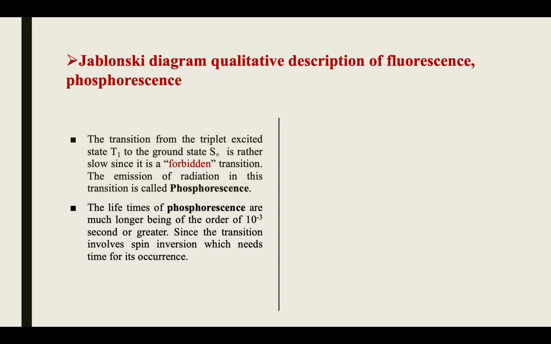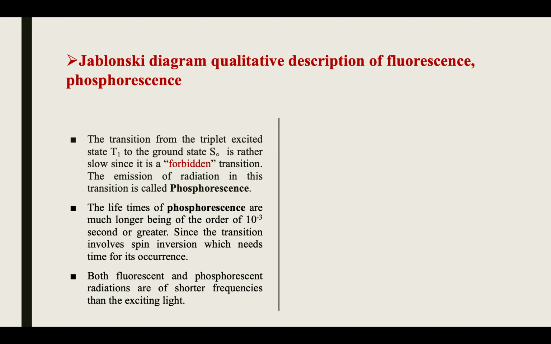So in phosphorescence, your spins are parallel. We know that the ground electronic state has all spins paired. That's why it takes time to get inverted. That's why this transition is a forbidden transition. Both fluorescent and phosphorescent radiations are of shorter frequency than the exciting